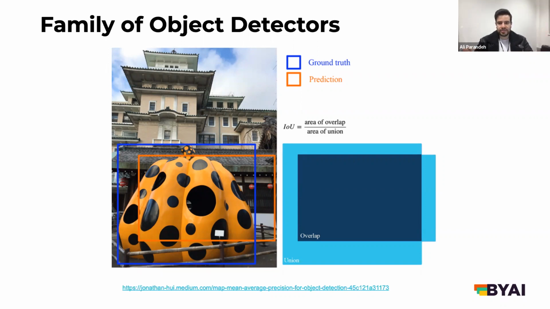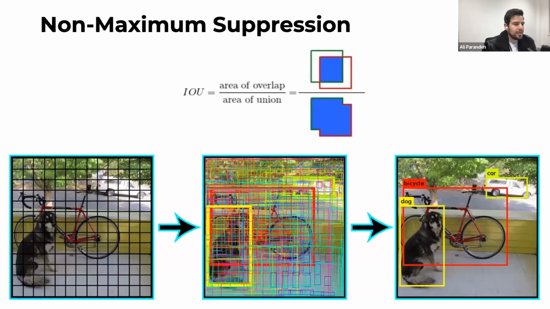It's going to be 0 if they don't even touch. So the IOU will be 0 if both bounding boxes don't even overlap. So you can calculate the IOU like this,